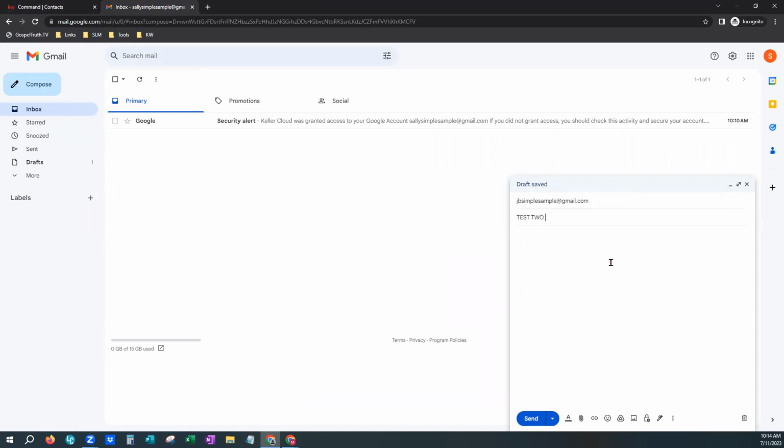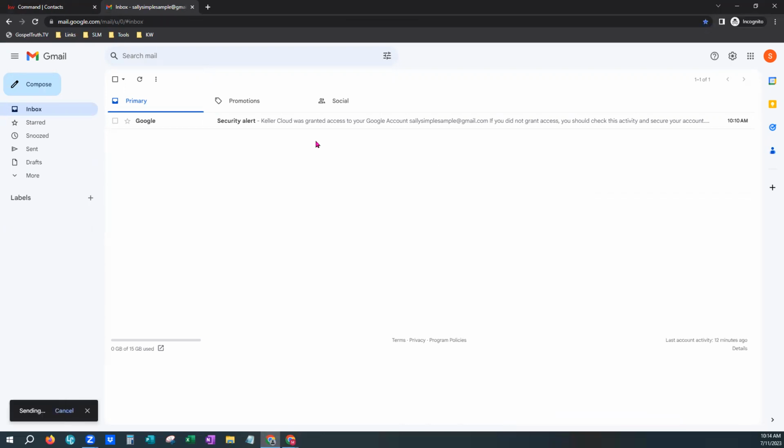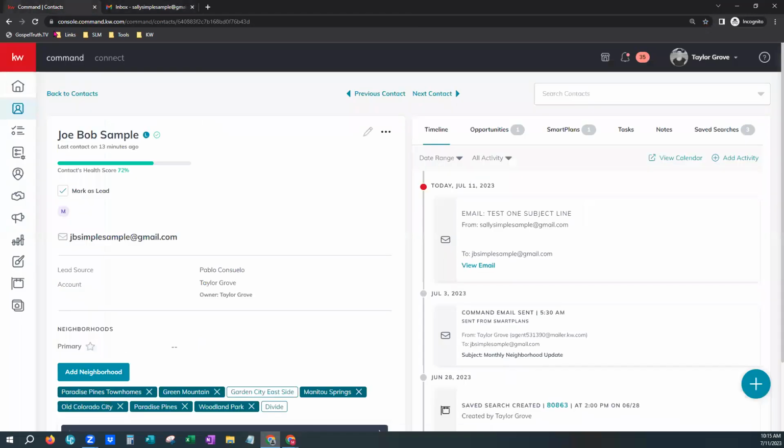His email address automatically comes up. We're going to call this test 2. I'm going to put subject lines so that you can see within the preview where that subject line would populate. And we're going to say test 2 body of the email here. Okay. And we're going to go ahead and send that. Gives a confirmation on the bottom left that that message did send. I want to go back to my Command. Hopefully this is going to populate pretty quickly here. I'm just going to hit the refresh button in my browser,